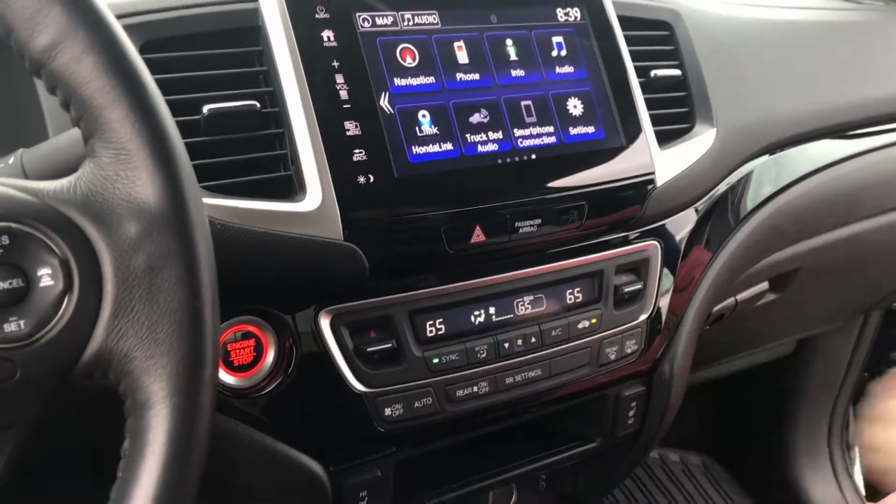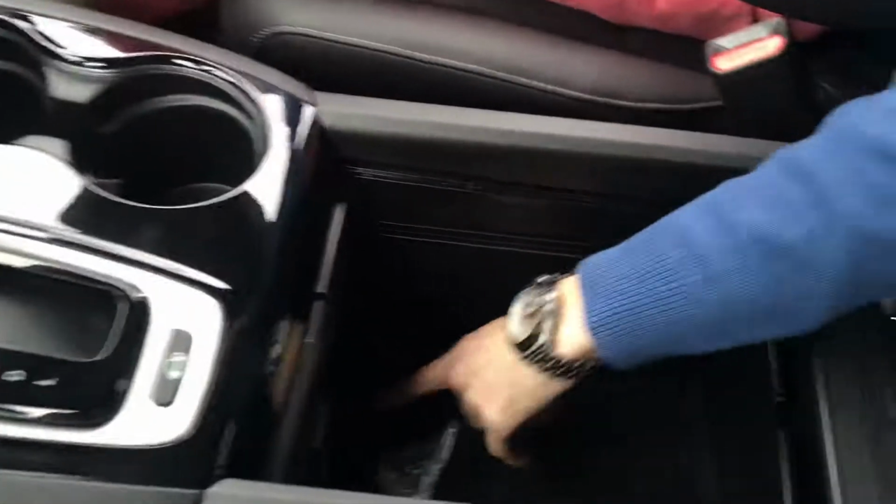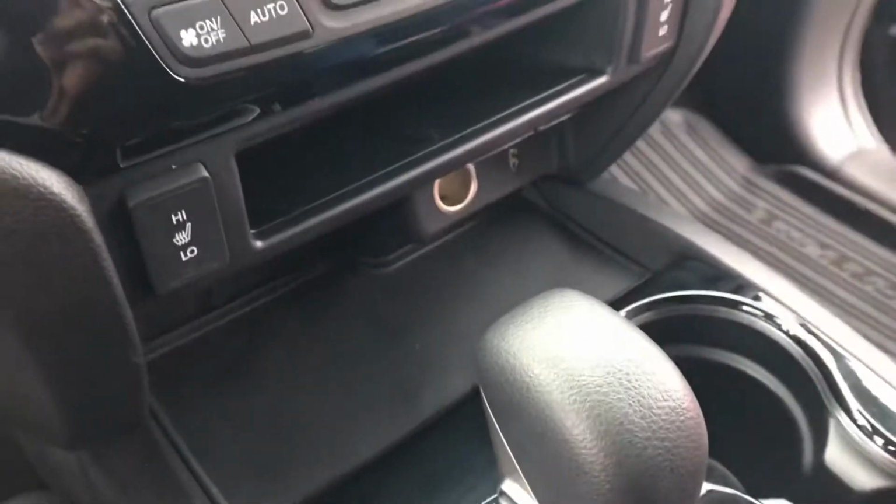You'll be able to have dual climate control, heated seats, nice deep storage area with additional power port for USB and for a 12 volt. You have those there as well. And then the back of this truck,